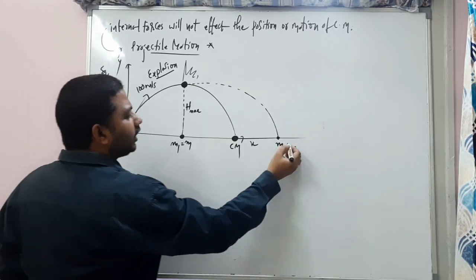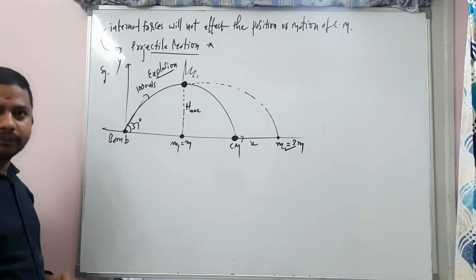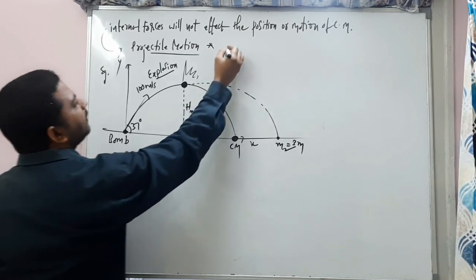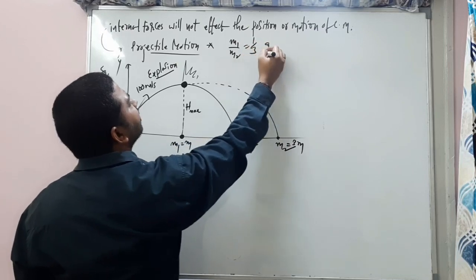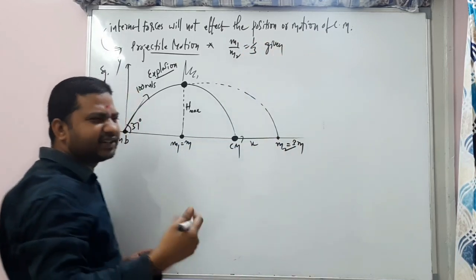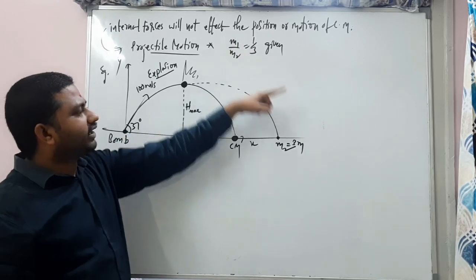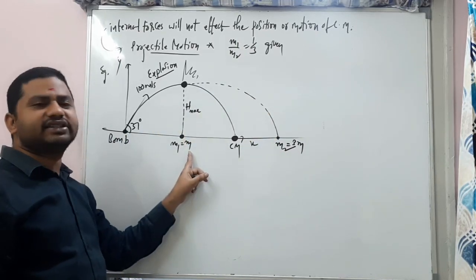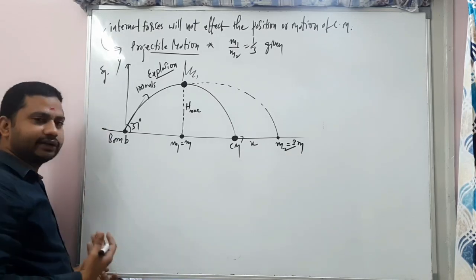And the second body is of mass 3m. Listen, mass 3m. So what is the ratio of the splitting here? m1 by m2 is 1 by 3, and it is given. This is not our assumption, it's given like that. m2 is equal to 3 times the first mass. The first mass I considered m, the second mass is 3m. Our discussion is about the center of mass.